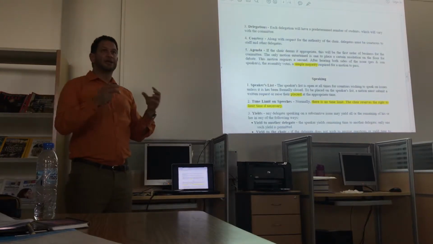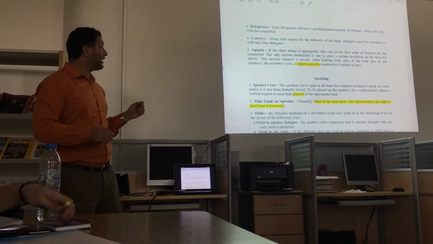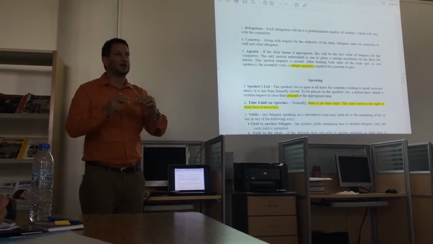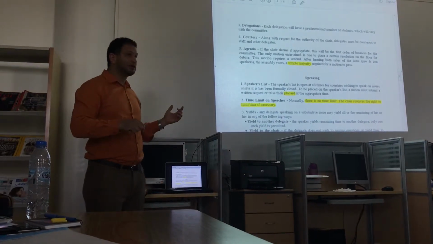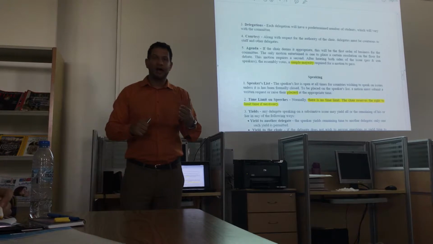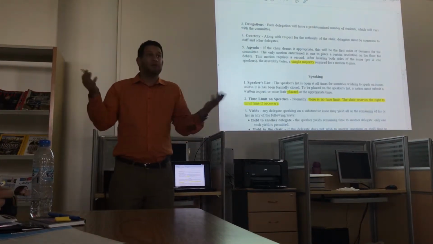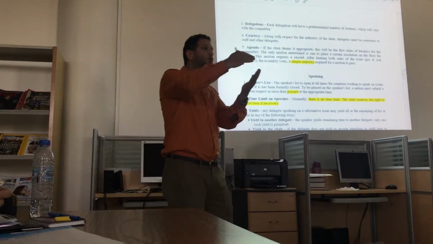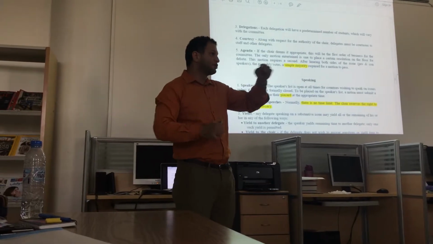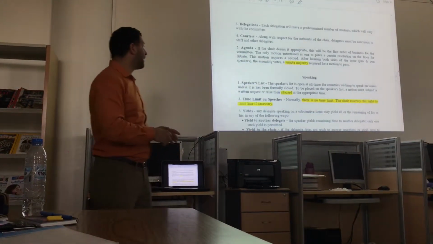Now, courtesy is the respect of the chair and the laws and regulations that we are tackling now. The agenda is the topics that you are going to discuss. And the simple majority relates to the voting process. So the voting process will run according to the simple majority. What is simple majority? Who can explain this? Simple majority means half and one after the half. For example, you have 10 delegates. If 6, which is more than half, voted for, then it passed. Okay?